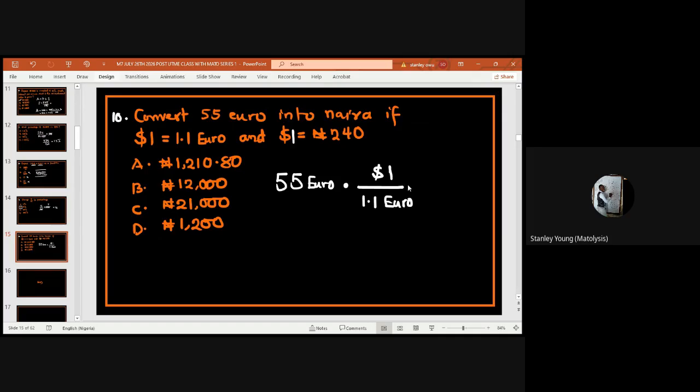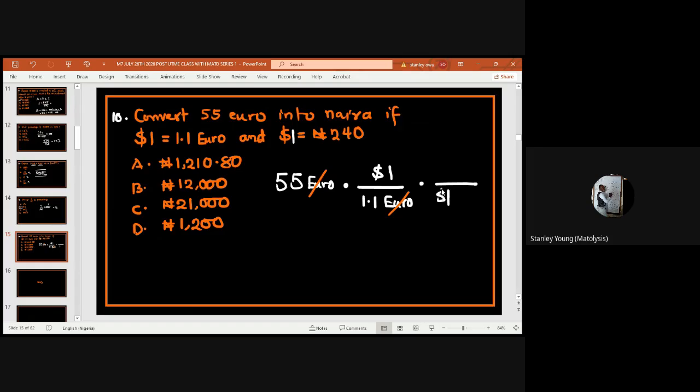If the aim was to convert this to dollar, we would have stopped there because we cancel out euro here. We'll be left with dollar. But in this case, the aim is to convert it all the way to what? Naira. So we still go ahead and find a way to eliminate the dollar. This is an expression that contains dollar and what? Naira. So I need an expression that contains dollar down that will eliminate this dollar expression here. So we have it there. So we have what? $1,